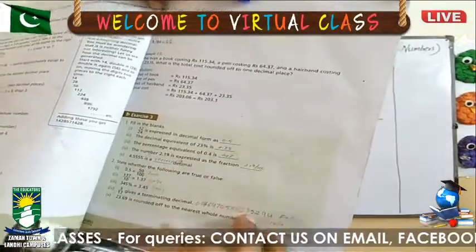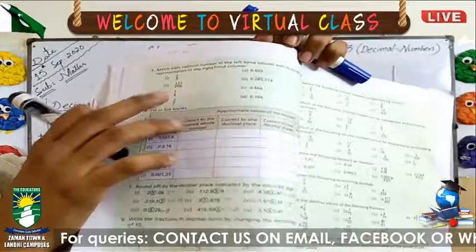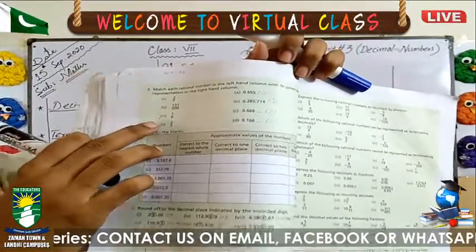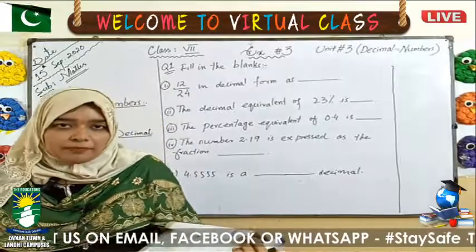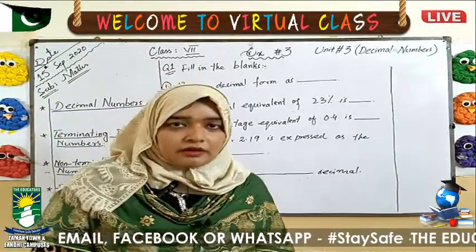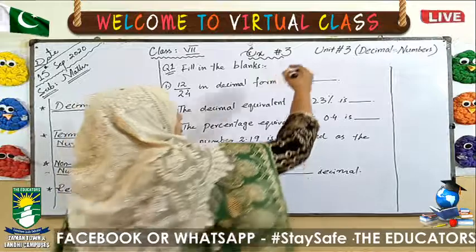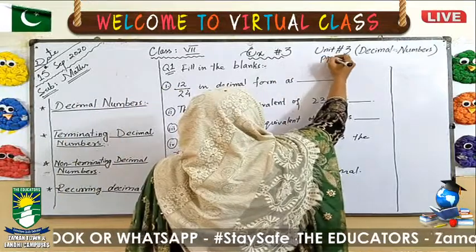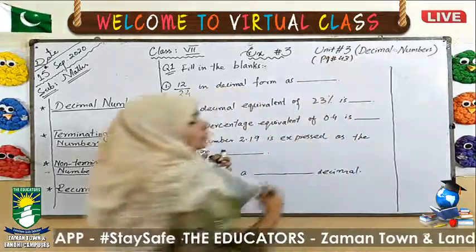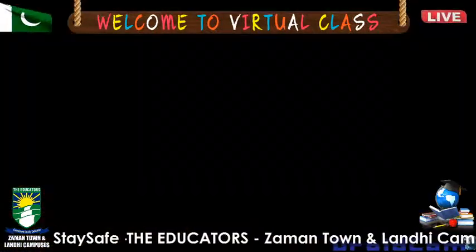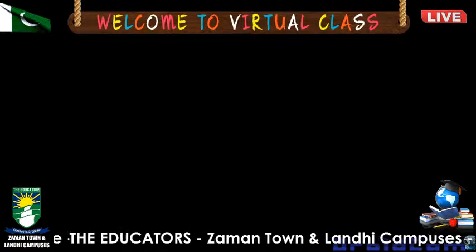Question number 1, 2, and 3 is your homework. Keep it in mind that you have to write definitions given in your web portal before starting your exercise. Your exercise is at page number 43. First of all, we will discuss the definition which we have given you in your web portal,